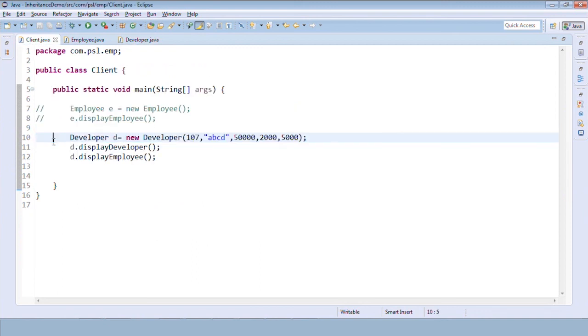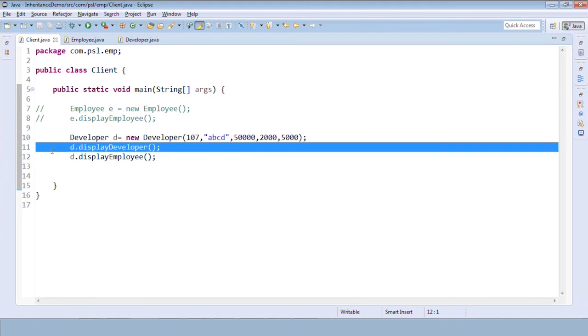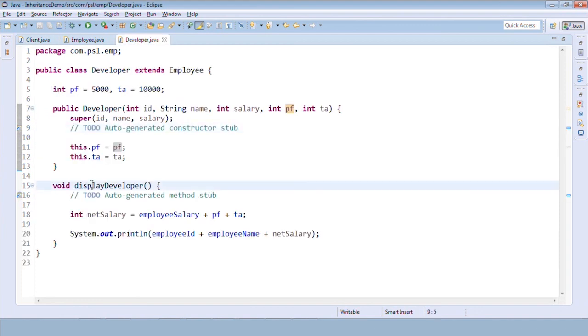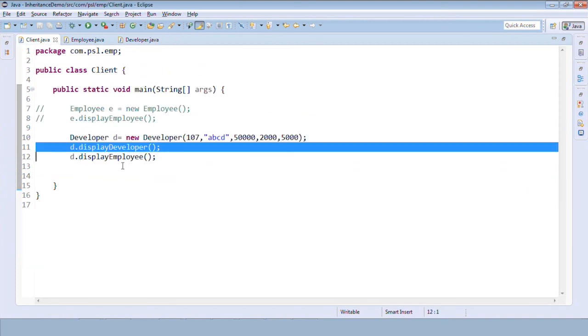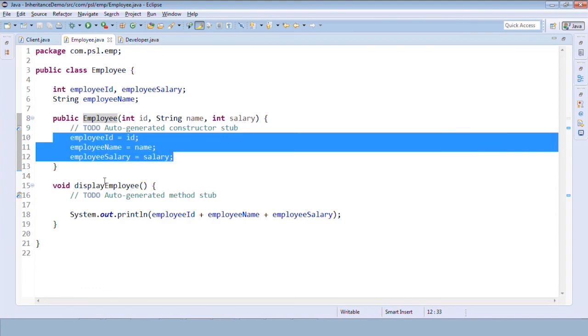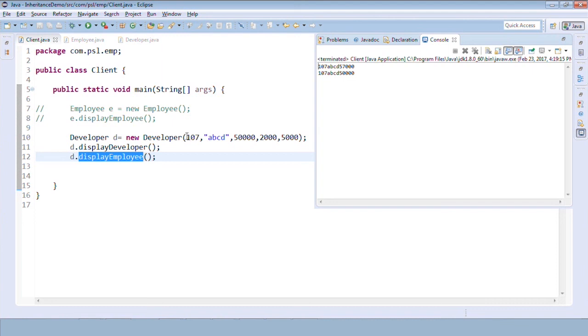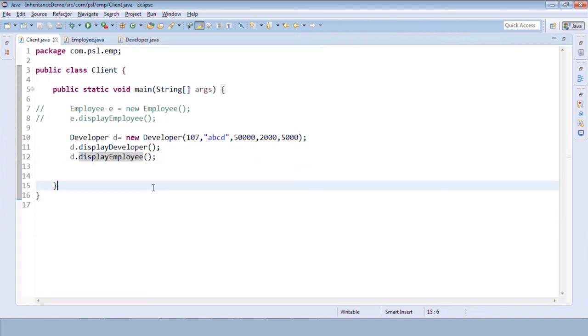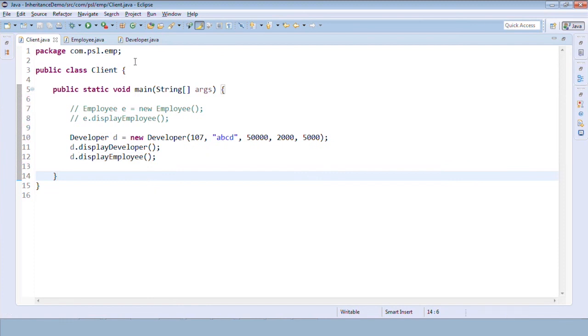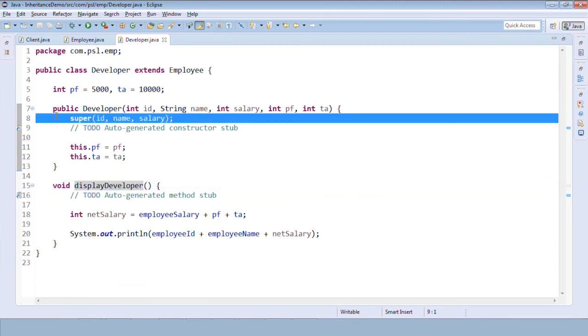Yes, let's proceed. Once the constructor calling is done, we'll proceed ahead. We are giving a call to the display developer method. Inside developer we have a display developer method, and we have a display employee method as well, which is present in the employee class. Okay, that's the same thing. Let me run. Do we have the values which we are passing? Are we getting the output on the passed values? So that is 107 ABCD. So 50 plus 5 plus 2, that is 57. Yes, that's the salary for developer and that's the salary for employee. Yeah, details of employee. That's how we are achieving the inheritance concept. I hope you all understood the concept of super now. Just remember that super and this are almost the same. This refers to the same class, super refers to the base class. Super is for the base class constructors. Okay,